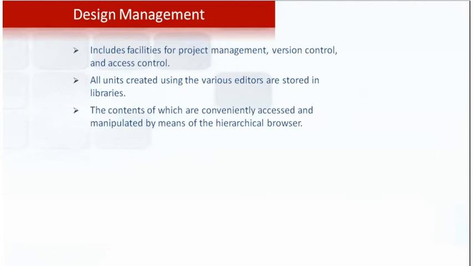And design management. This design management has the facility to, as said earlier, have project management and version control and access control. And normally what happens is VisualLite also acts like a project manager, where we can have version control. That is nothing but, suppose in any one particular module, if we are making some changes, those different iterations of the code can also be generated. That is also possible with this.